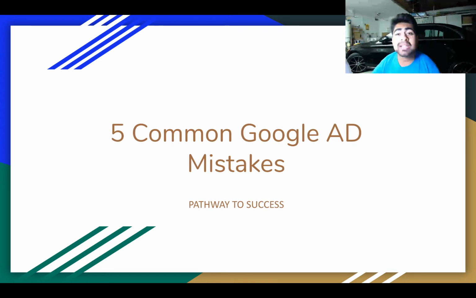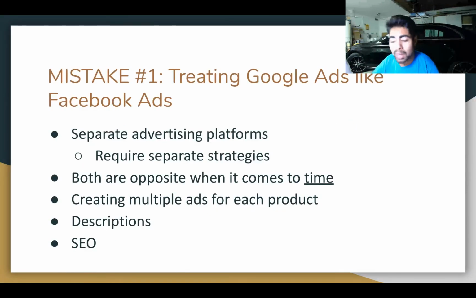So the 5 common Google Ads mistakes, and going over these mistakes, you'll be on the pathway to success. But mistake number 1 is treating Google Ads like it's Facebook ads. Now this is number 1 on my list because I was the biggest culprit of this mistake. I consistently treated Google Ads as if it were Facebook ads, and on some occasions, I didn't even know whether I was working on my Google Ads or Facebook ads because I was so engulfed and focused on the campaigns that I was looking after. And at the time, I thought I was doing a good thing, but unfortunately, that was not so great. I lost a lot of money unnecessarily just because I treated Google Ads like Facebook ads.